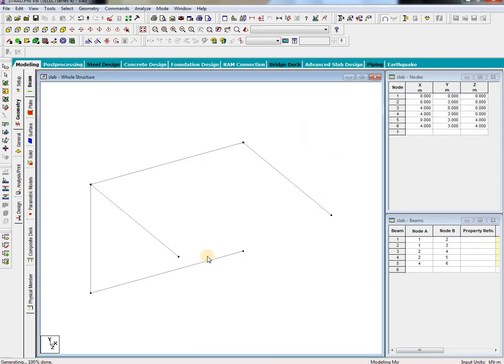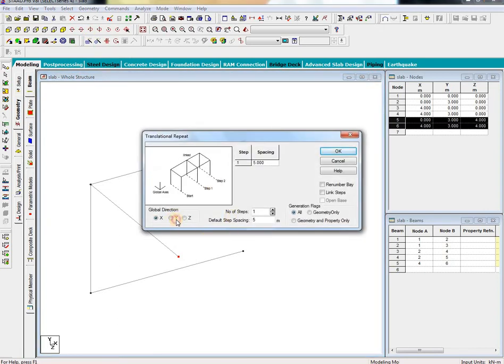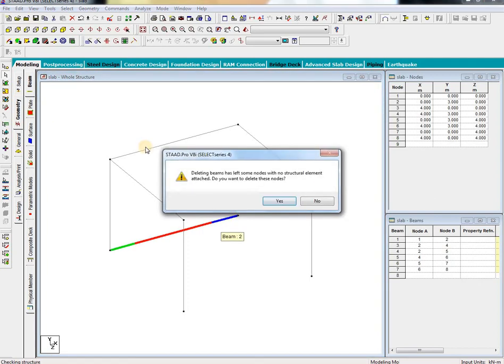Then select this node cursor, select this node and this node, translation repeat, Y direction, one number of step downward, so that's -3, link steps on, then OK. Okay, just delete this beam.